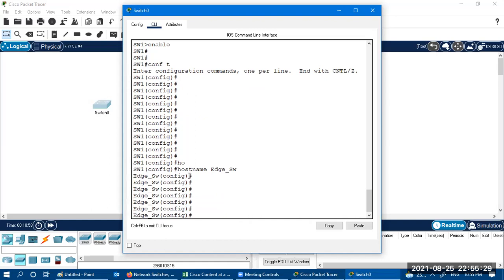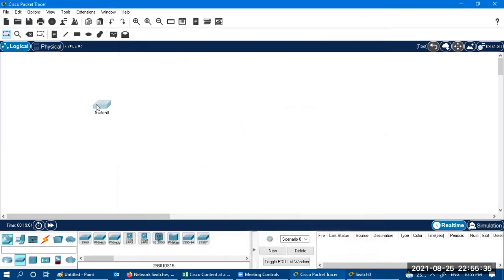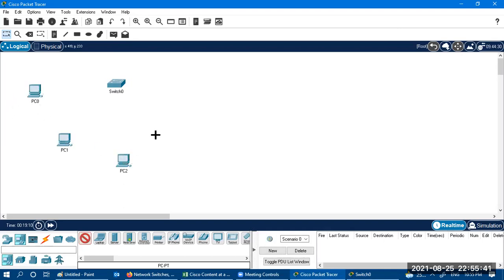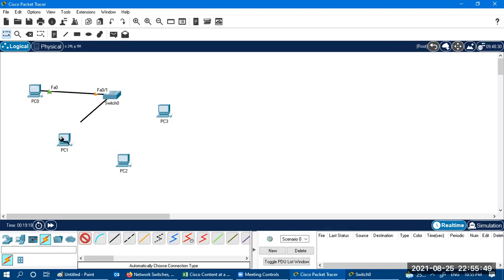So the switch prepares a table called the MAC address table. So if you have multiple devices, let me show you. Just assume this is switch 1 and connect multiple devices. So I'm connecting 4 devices with it: 1, 2, 3, 4. Now just define the IP addresses to the end devices.